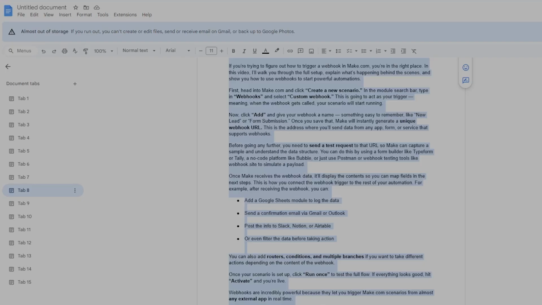For example, after receiving the webhook, you can add a Google Sheets module to log the data, send a confirmation email via Gmail or Outlook, post the info to Slack, Notion, or Airtable, or even filter the data before taking action. You can also add routers, conditions, and multiple branches if you want to take different actions depending on the content